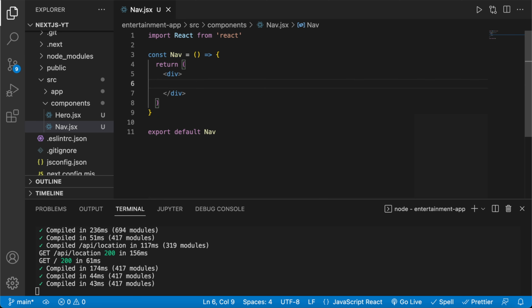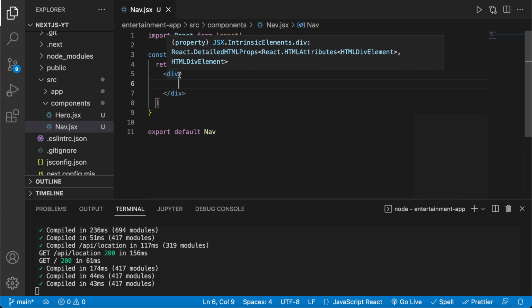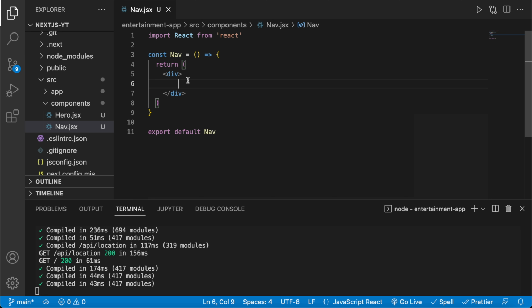And here what we're going to be doing is just creating our nav using Tailwind CSS. Nothing really too crazy. So I'm going to imagine most of you know how to create a nav bar, so I'm not going to go too deep into it. So we're just going to say nav